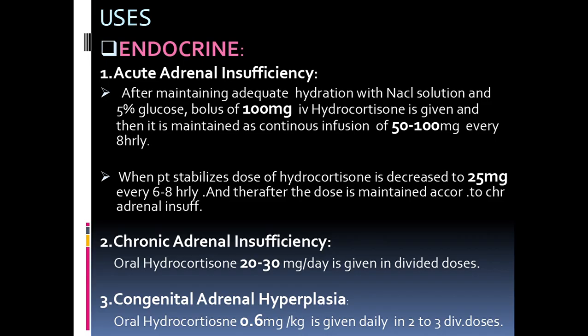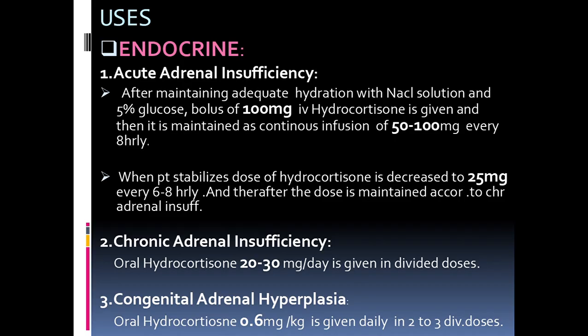Then the uses of glucocorticoids in endocrine system. The glucocorticoids can be used in acute adrenal insufficiency. After maintaining adequate hydration with NaCl sodium chloride solution and 5% glucose, bolus of 100 mg IV hydrocortisone is given, and then it is maintained as continuous infusion of 50 to 100 mg every 8 hours. When patient stabilizes, dose of hydrocortisone is decreased to 25 mg every 6 to 8 hours,